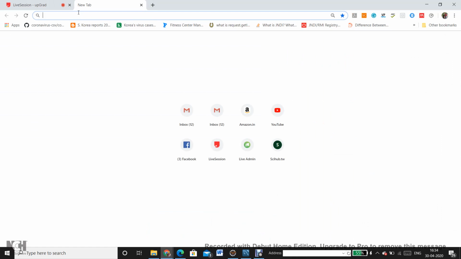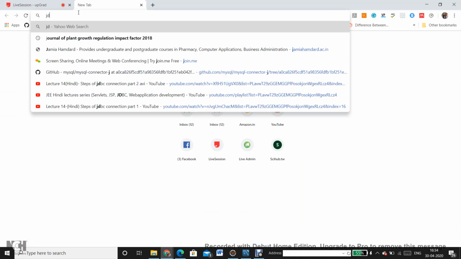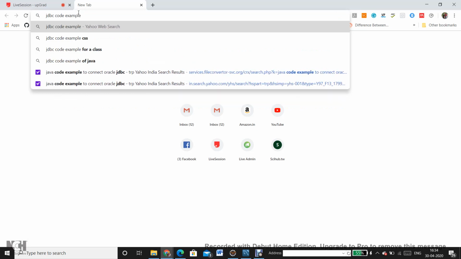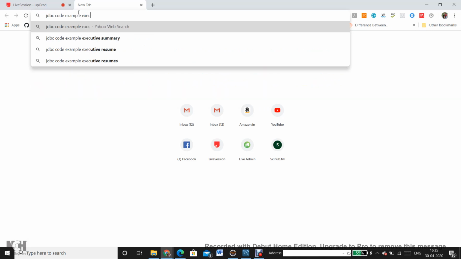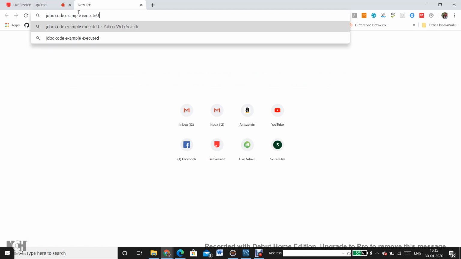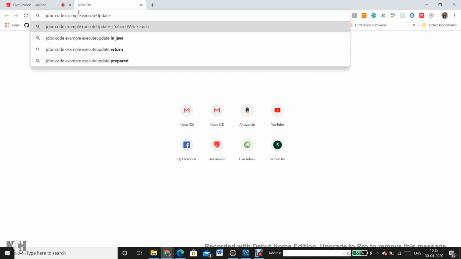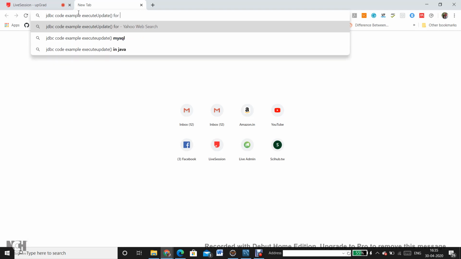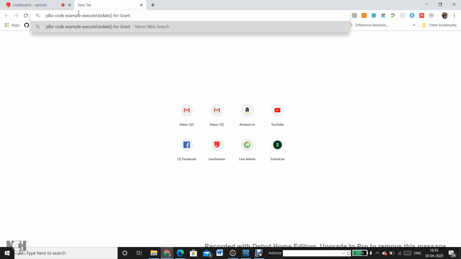Let me see if I can use JDBC code example. Execute update for grant.